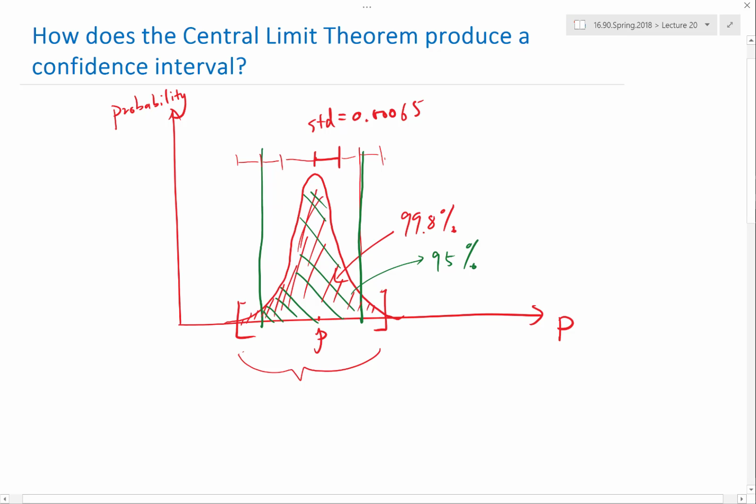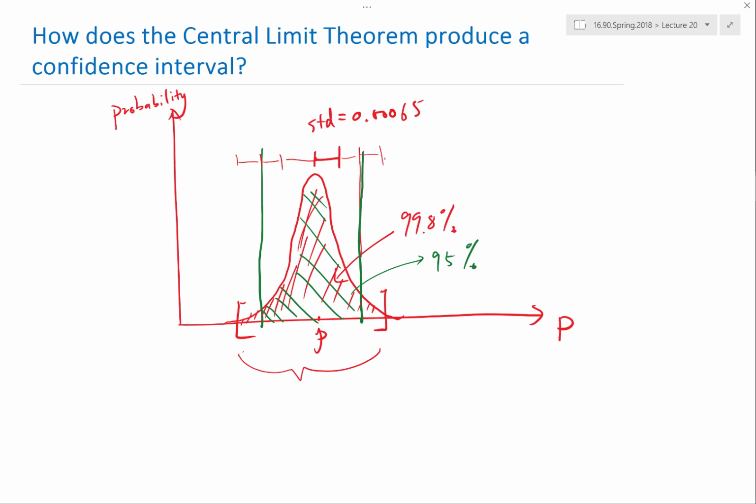So one common misconception is the following. Here, what we are talking about is the distribution of the answer we produce by the Monte Carlo method, right? Now, this assumes that we know the true probability, right?